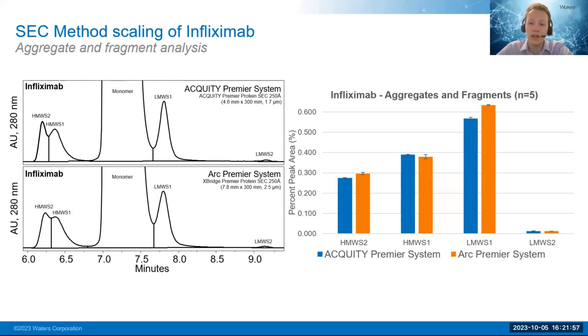So we evaluated the percent peak area for 5 replicate injections of infliximab to compare chromatographic performance between the original and scaled methods, and found that the peak area was within 0.05% for the aggregates and fragments, and shows that size variants can be resolved reproducibly across systems and column formats.